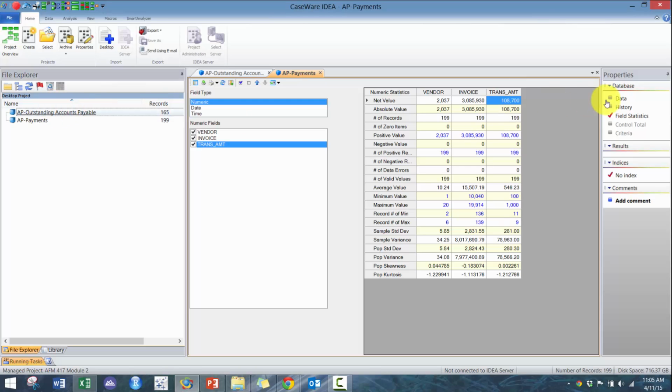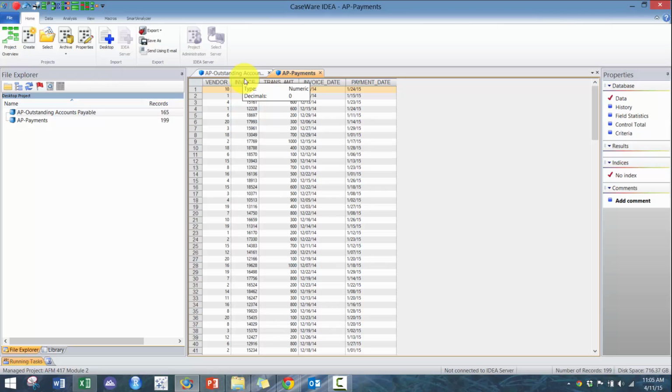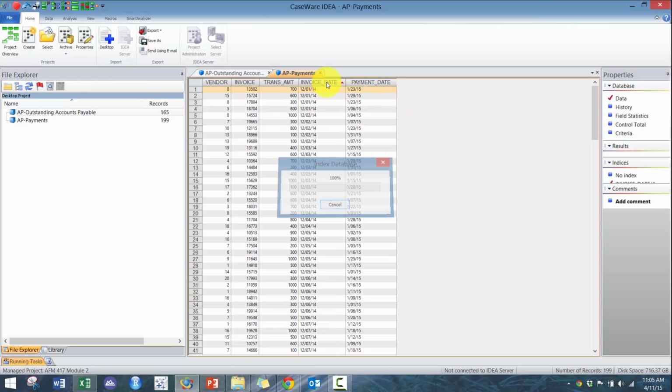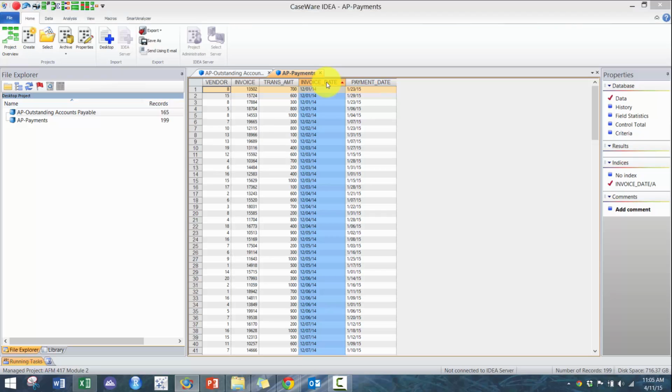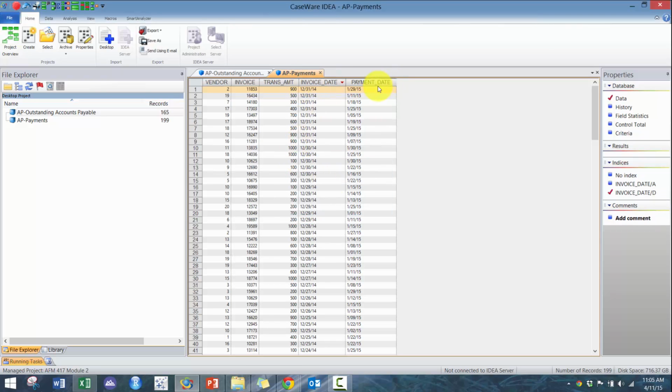Perfect. Okay, so next we want to identify payments made in 2015 that were invoiced in 2014 but not recorded in the ledger. So we'll take a look here. Just make sure that our payments file only has 2014 invoices, it does, and only has 2015 payments, which it does. So what we want to do here is